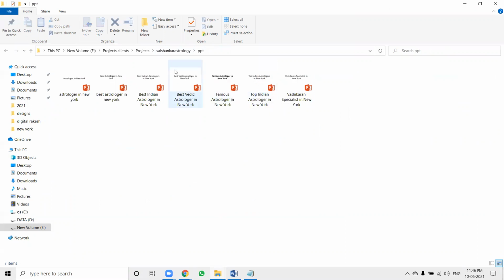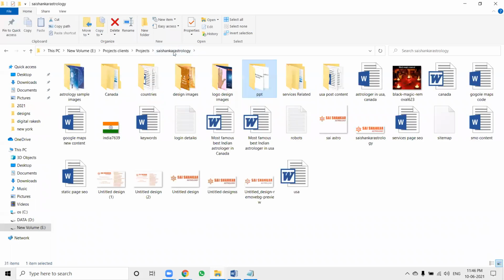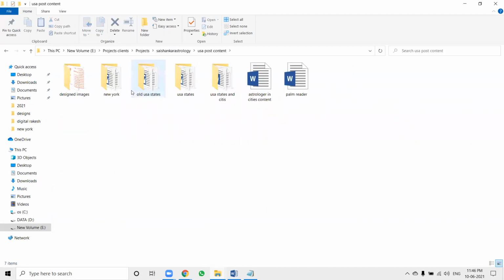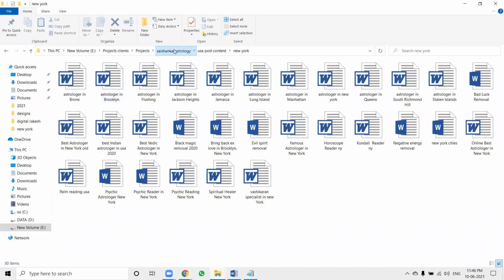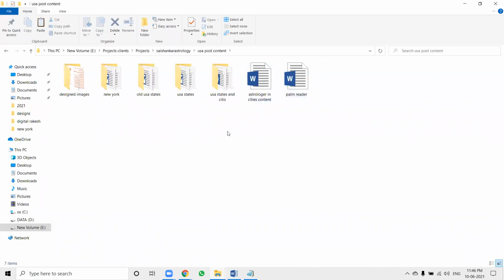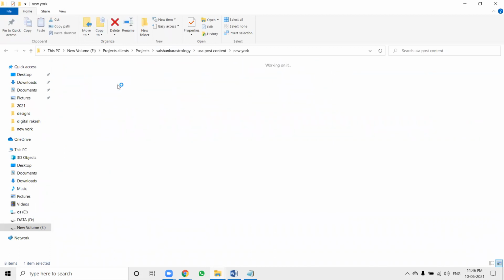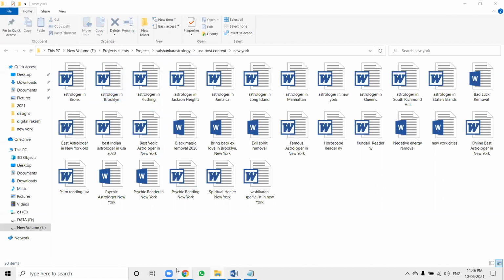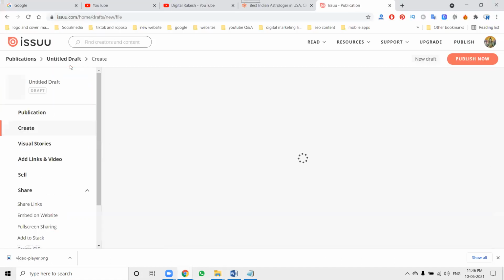We can add this option. Now I'm showing two things, PPT and PDF. What is the difference between PPT, PDF and Word document? Now, when posting, suppose PPTs are there, open it, select your documentation, upload.